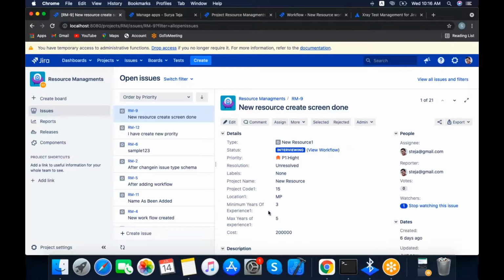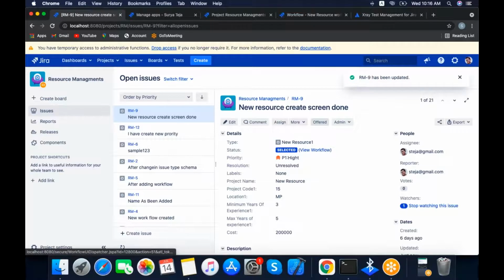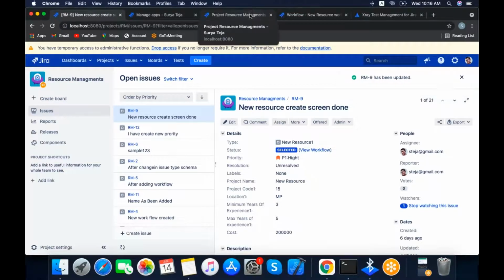You need to update the field values, or update the assignee. You need to assign again to another person, or move to the project manager or anything. Means after transition, you need to do the automations. That is called post function. This is the difference between condition, validation, and post function.